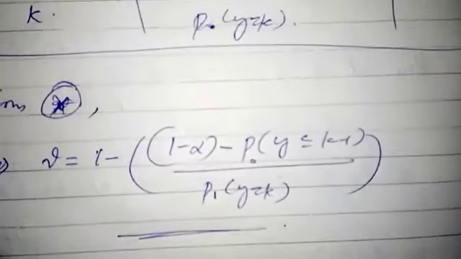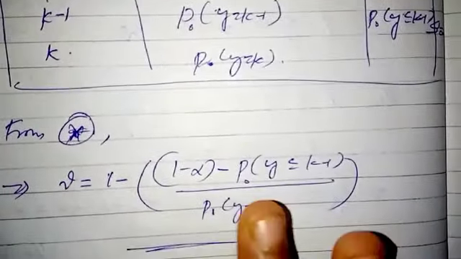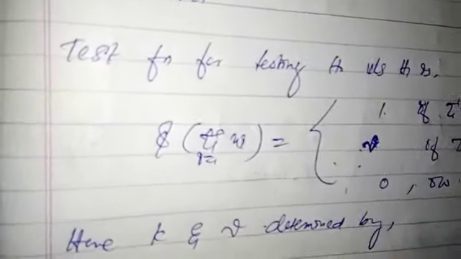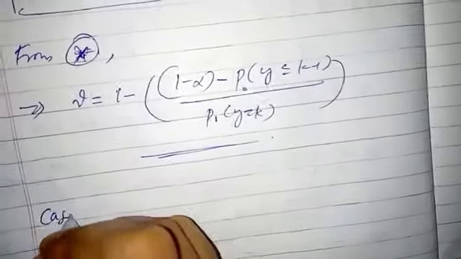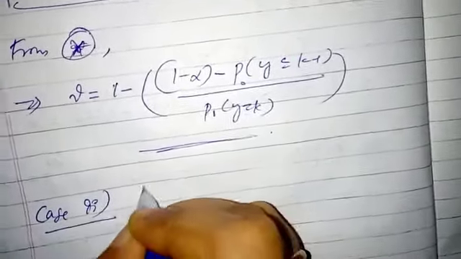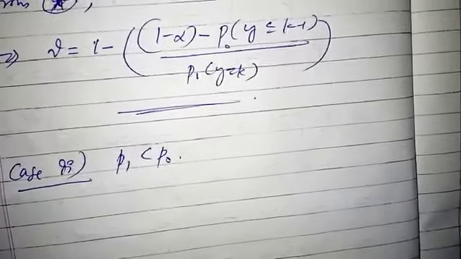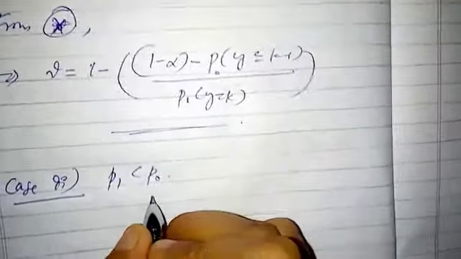So here we obtained the value of k and also the value of gamma, and this is the most powerful test for testing H0 versus H1 in the Bernoulli distribution case. Next, we will go on to the second case, that is case 2. Case 2 is when P1 is less than P0. Okay, if P1 is less than P0, then